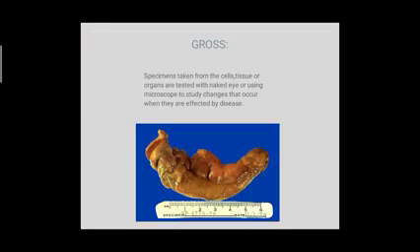This is the gross specimen of appendix. Here you can see what is its color, its appearance, like this is a tubular structure, approximately size, and what are the secondary changes, if there is any redness, hyperemia, or mesoappendix attached or not, and about its lumen, if its lumen is obstructed or not. You will be seeing all these in detail when we will be moving toward the practical specifically. But gross means what you can see with the naked eye, and these are the points which you have to memorize, so you can start with these points whenever you see any specimen.